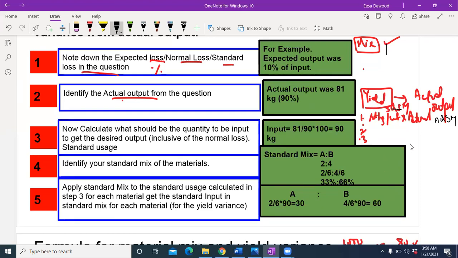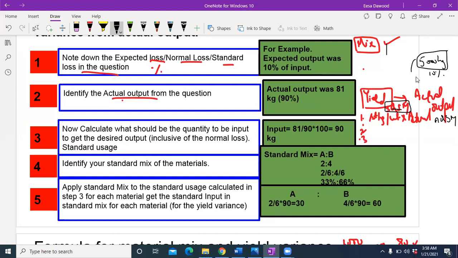So how are you going to calculate, from this output, the standard quantity and standard mix? Standard quantity in standard mix is basically your standard usage for the actual. For example, say the actual output is 5,000 kgs and the standard loss was 10%.